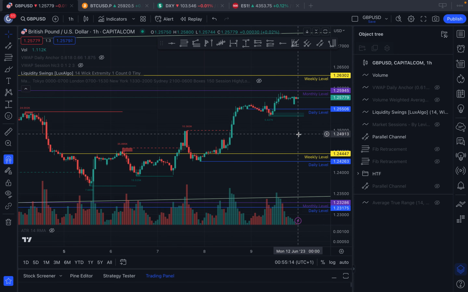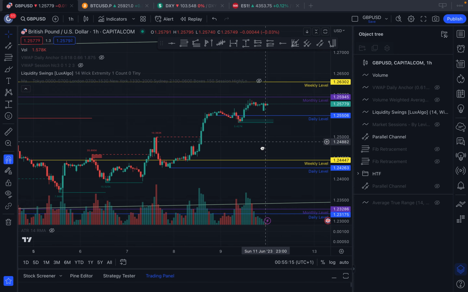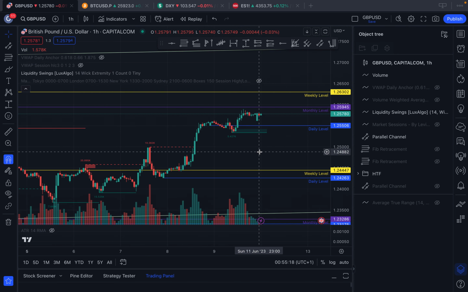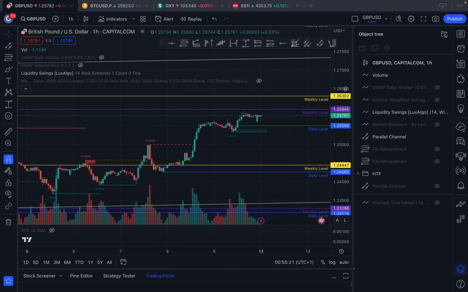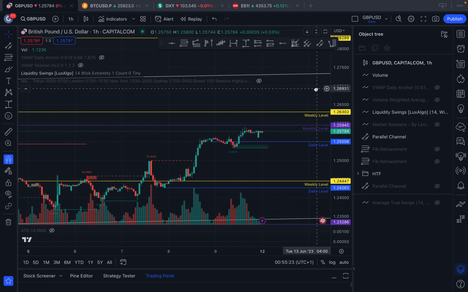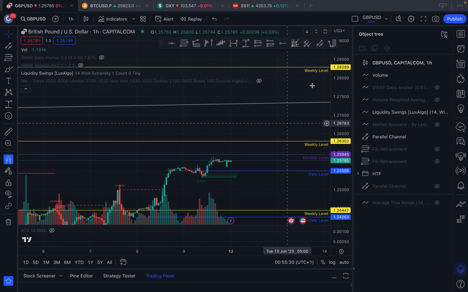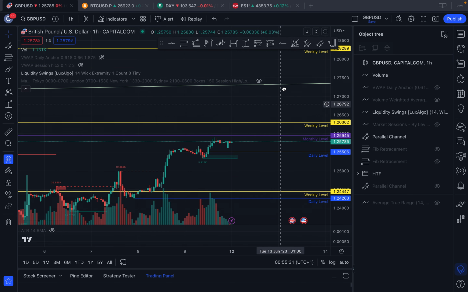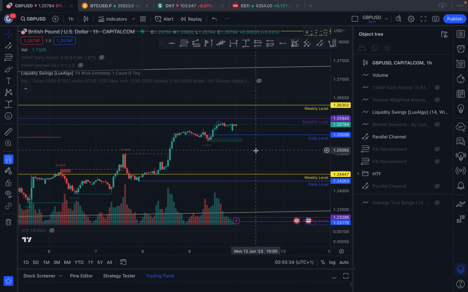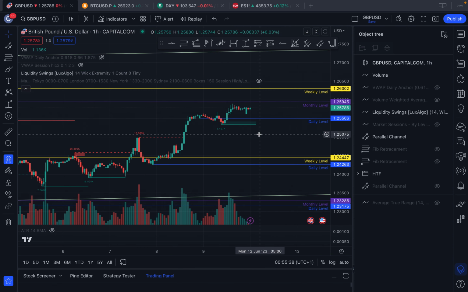Right, so my bias at the moment is still bullish. I still think we're going to go up, at least to this weekly minimum, to complete wave 3, and then come back down perhaps to make a wave 4, and then go back up to make a wave 5 at the 1.28 level. That's my thinking anyway. Okay, so in the meantime, in the 1 hour chart,